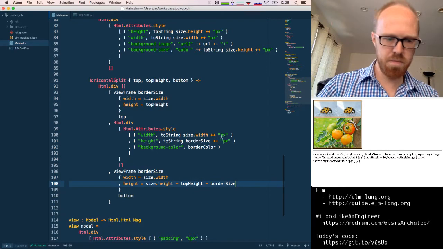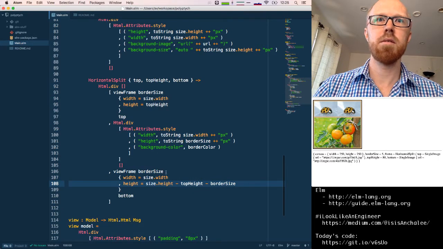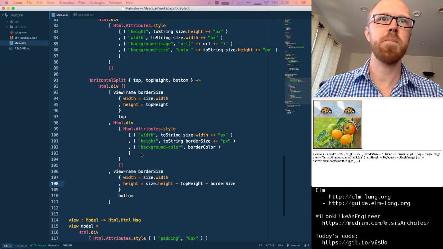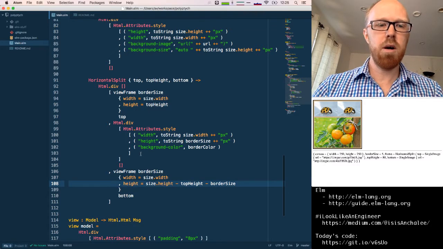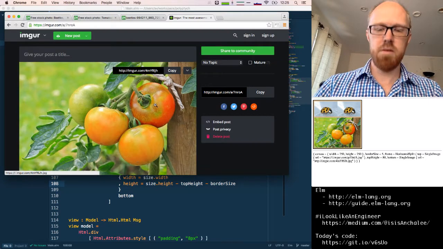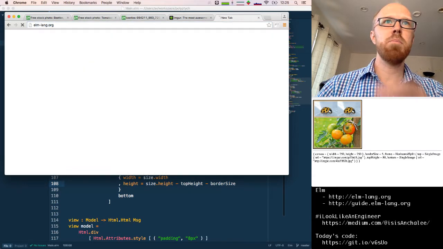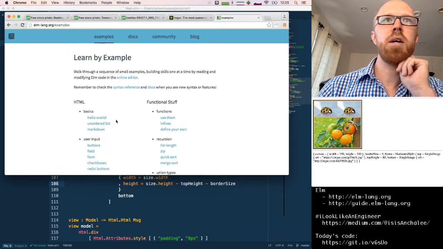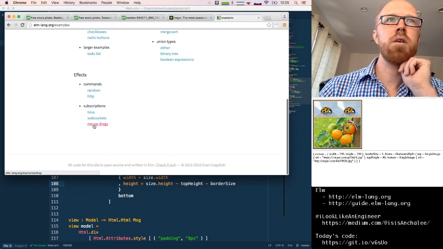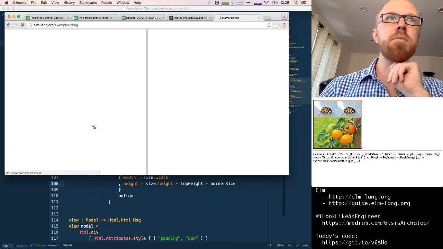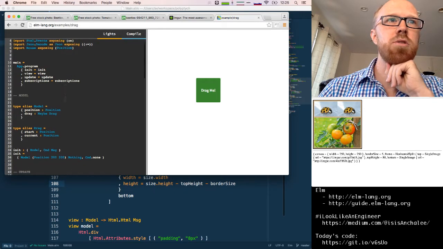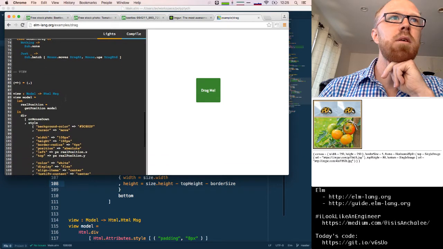Great. All right, so now for the dragging and dropping. I was looking at the Elm website. In the examples page, there's a drag and drop example down here. So I basically want to follow the same approach. The way this works is